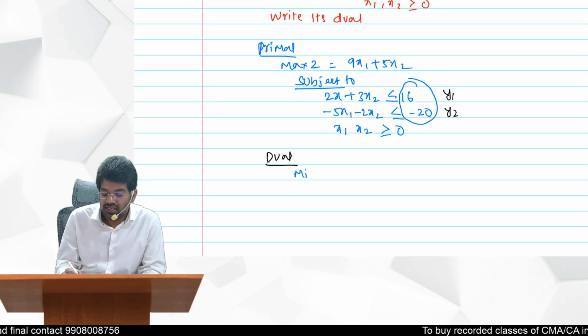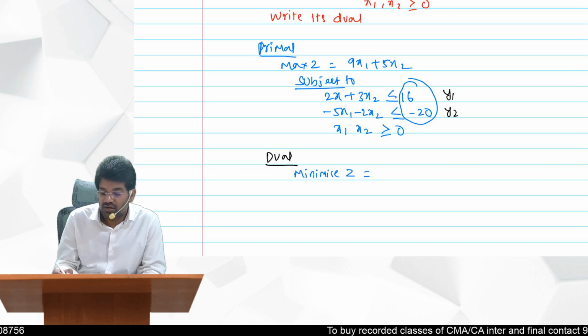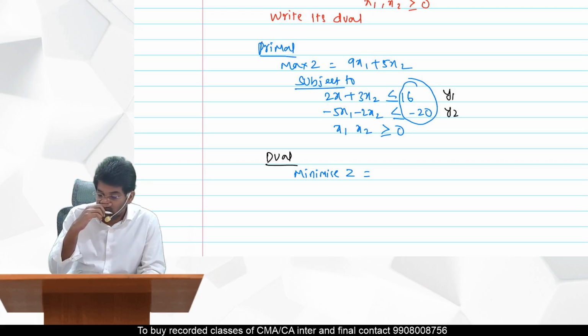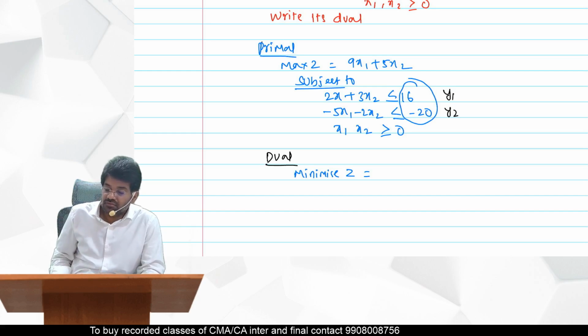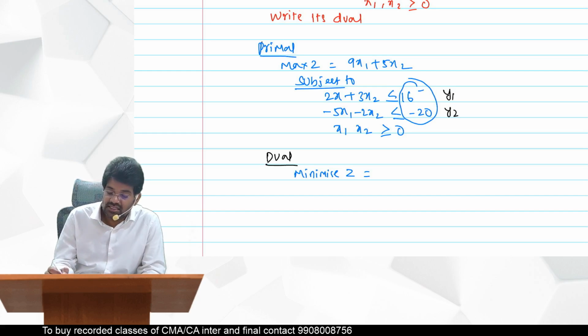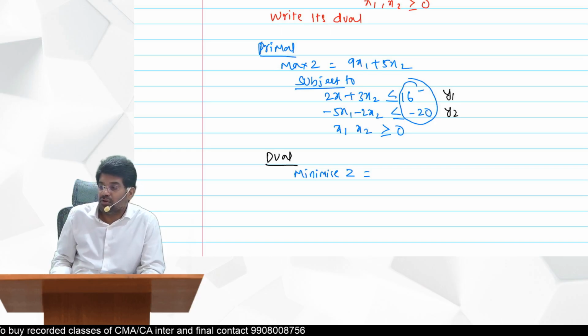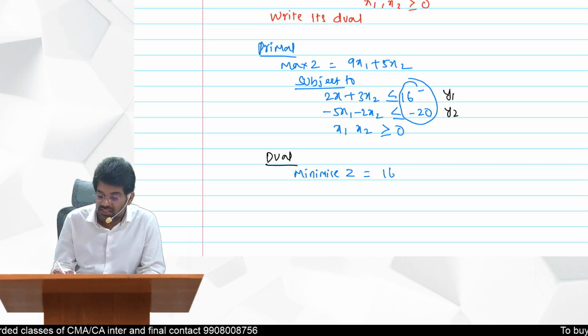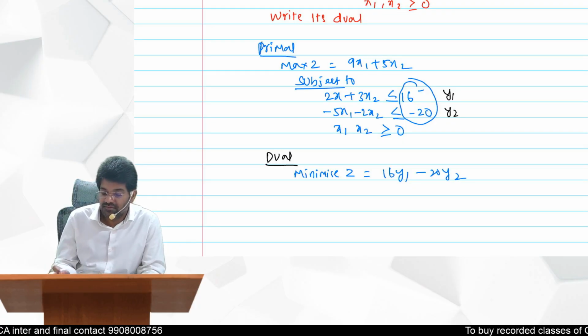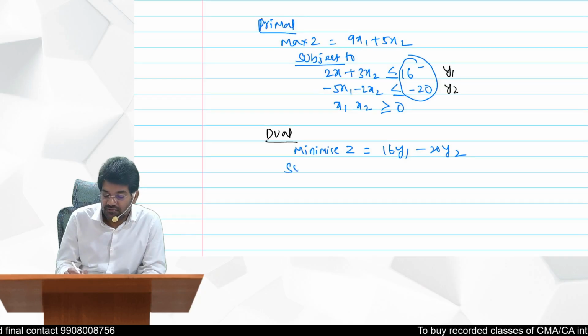So minimize Z equals, y1 and y2 will be our decision variables, and 16 and -20 will become your coefficients. So 16y1 minus 20y2 subject to